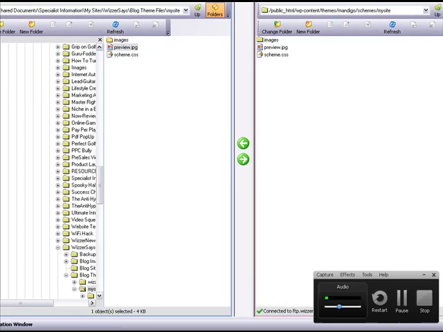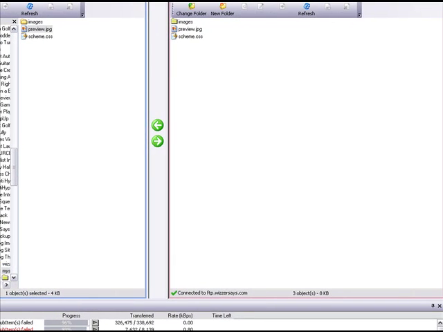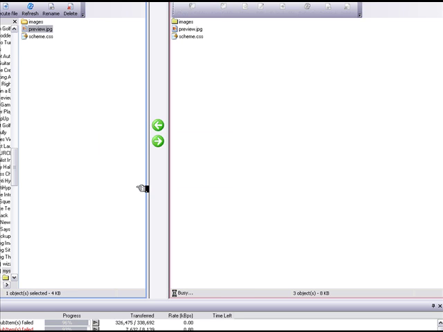And now we're back in the FTP client. I need to refresh that and then copy across, overwrite the green one, and that should now put the new wizard as the